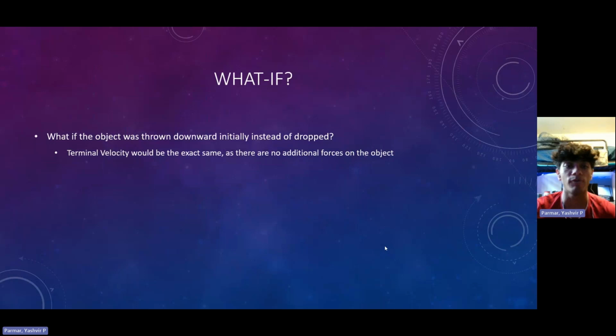And last but not least, what if the object was thrown downward initially instead of dropped? The terminal velocity would be the exact same, as there are still no additional forces on the object. The only forces are gravity and drag, even though you give it an initial velocity, and the terminal velocity is going to be the same as we're in the same